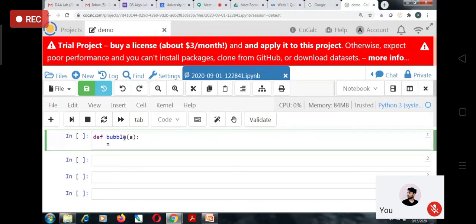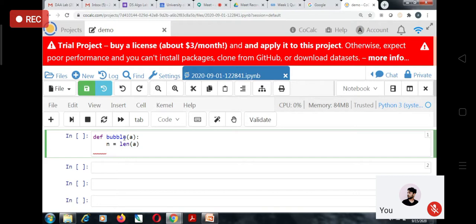Now firstly, we will take the array length. As you know, in case of Python, we can directly take the list and then we can run the sorting algorithm on that. So for this, for safety reasons, it is better to always take the length in a separate variable, so that you will not get confused when the length is not already defined. So here we are taking the length in the variable n, and then we will just write the loops for the bubble sort.